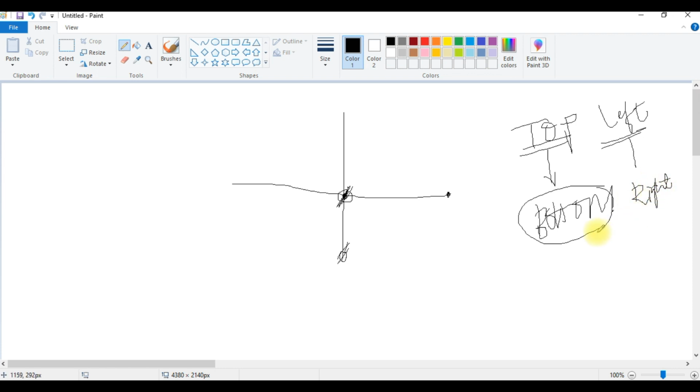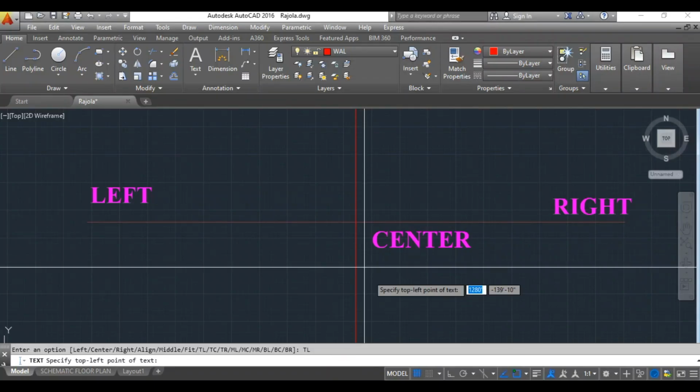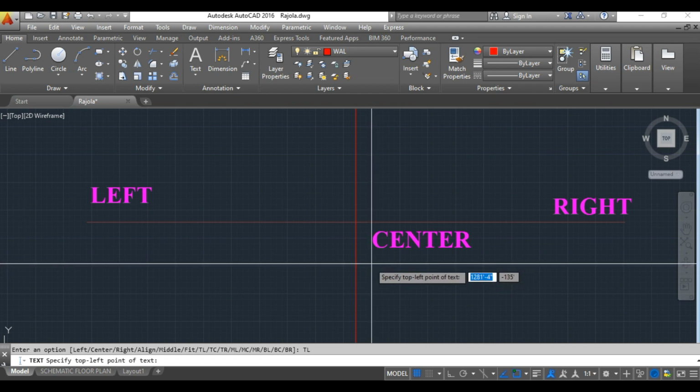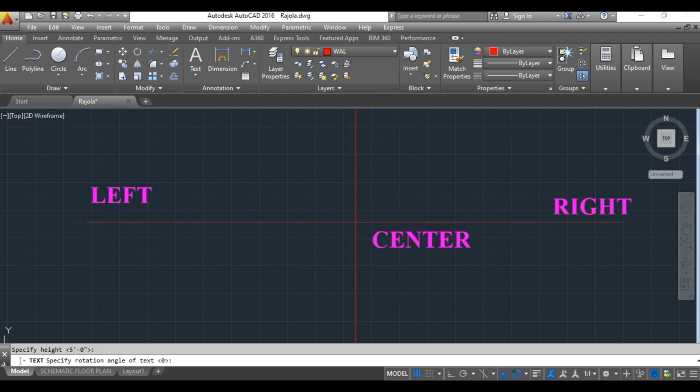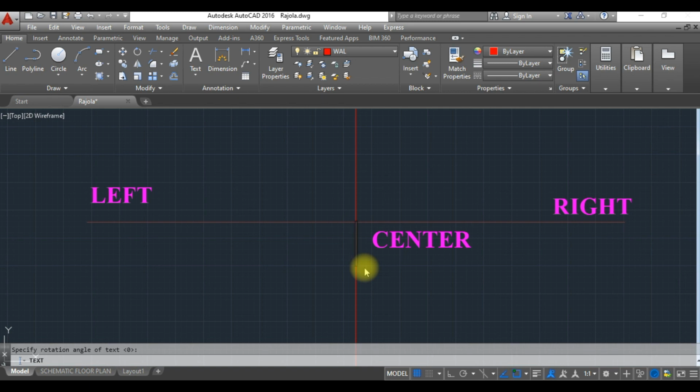Okay, please remember this one. Top means it is going to display on your bottom side, and left means it will be displayed on your right hand side. You can check out over here. So here what I was doing, I was just selecting the center or intersection point over here, top left. When I hit over here, it will ask me the text height and angle. I will keep it as it is, 5 feet and 0 angle. So now it is going to display the alphabets. So I will write here